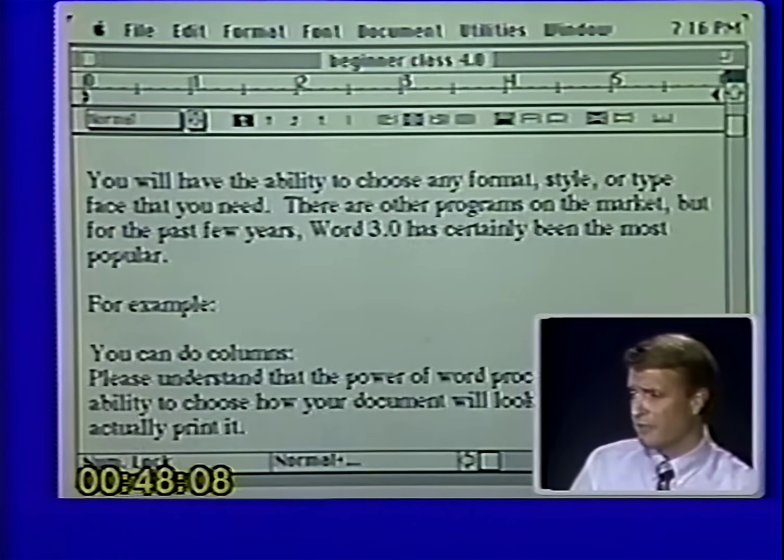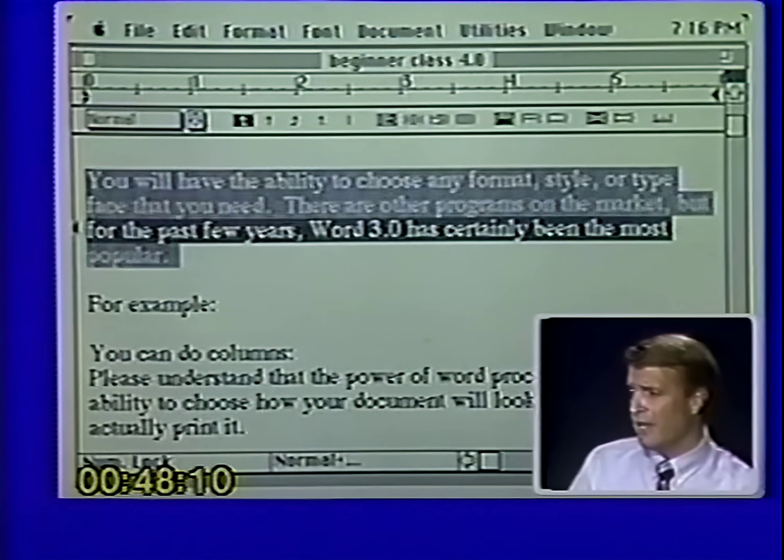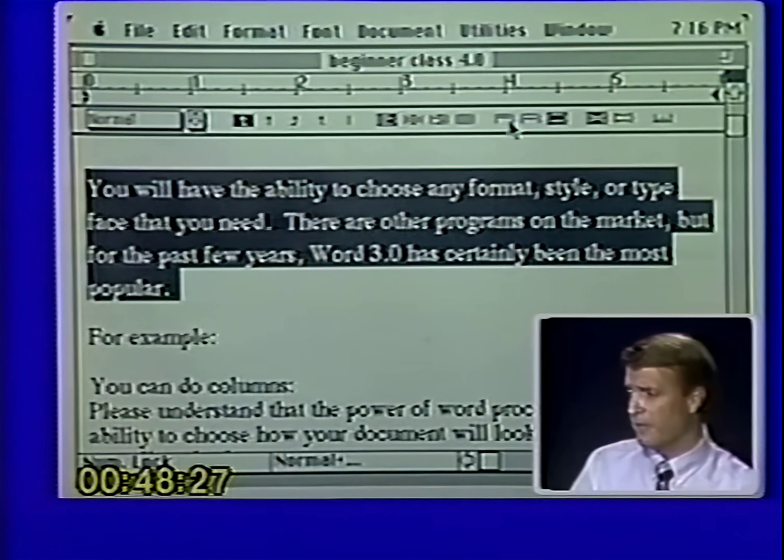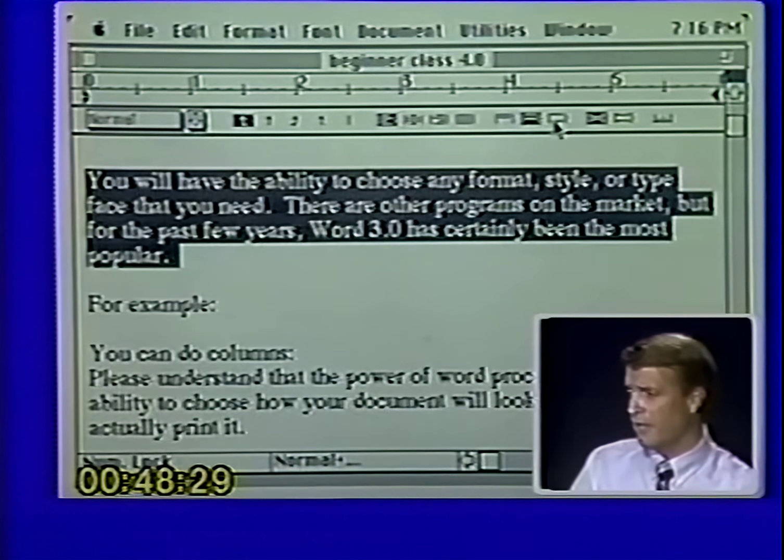Let's go on to the next ones. We'll use this paragraph again. Those are spacing boxes, and they're under the 4-inch mark, and there are 3 of them. 1, 2, and 3. Single space, double space, and triple space. Now, you'll notice if I want to change my spacing, I simply select the second box, there's double space, select my third box, there's triple space, single, double, and triple.